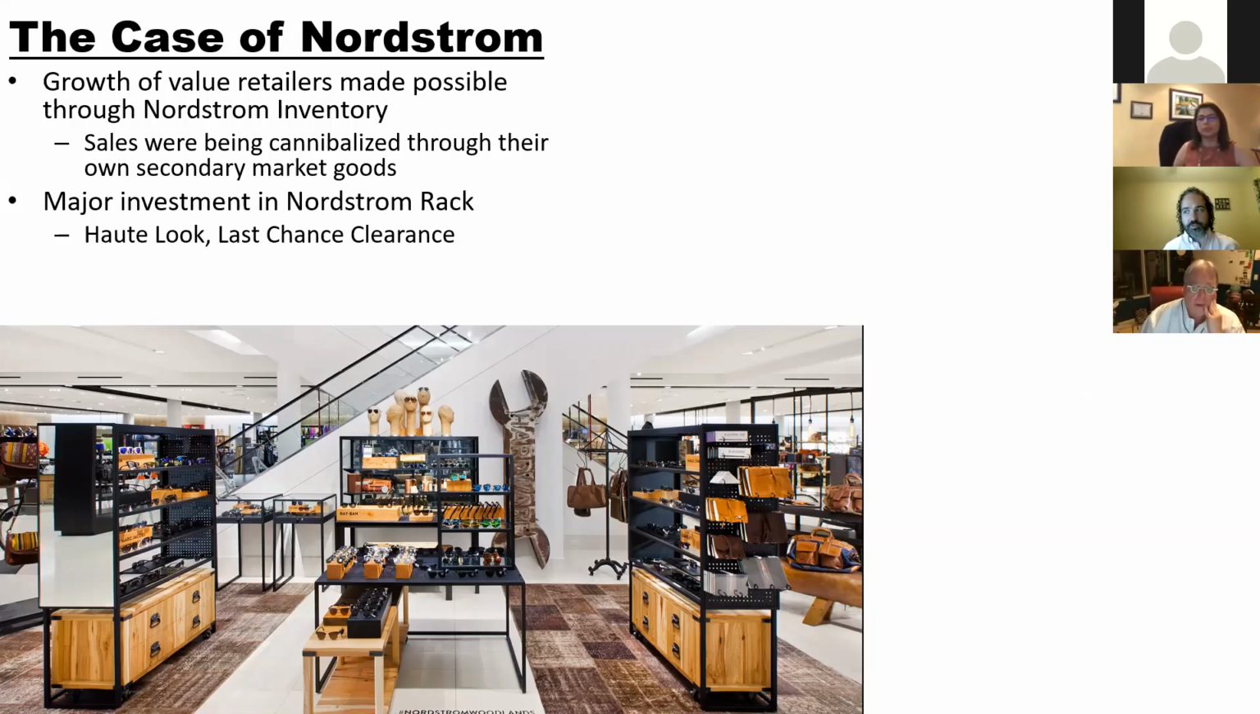Nordstrom's sort of saw all of these returns happening. And a lot of times what happened is something wouldn't sell at Nordstrom, and then it would go to a value retailer. And a value retailer could be a store like TJ Maxx or Ross or Big Lots, something like that in the United States. And value retailers, just like you were saying, are much lower cost, but they were growing really, really quickly because